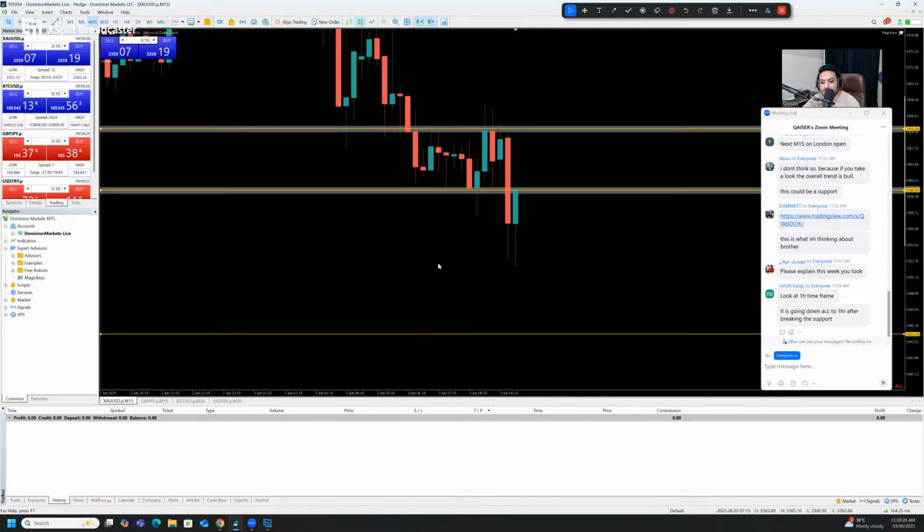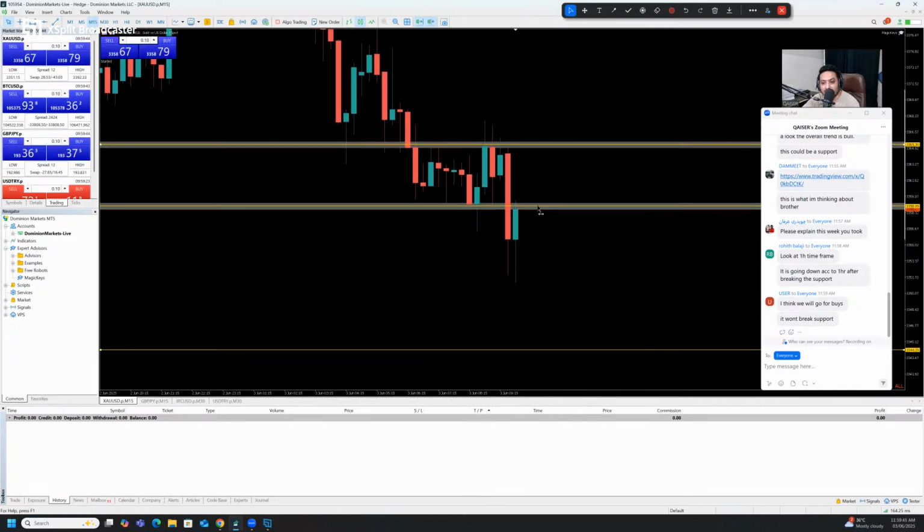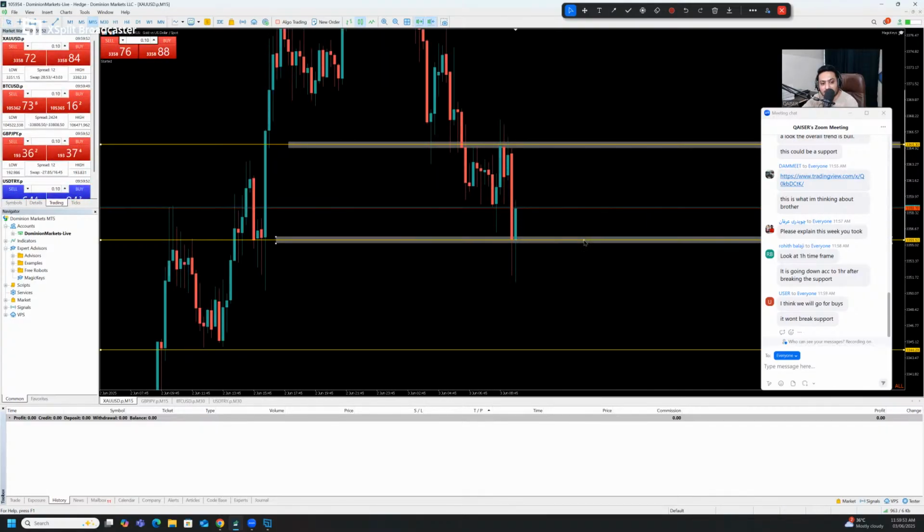Just need to wait. Yeah, someone is saying that I think we will go for buys. So you guys feeling that confusion in you? Someone is saying we're going for the buy, someone is saying we're going for the sells. You know what? Let me just readjust the zones for you guys. This is the zone you are having right now. This one is the zone you're having right now.